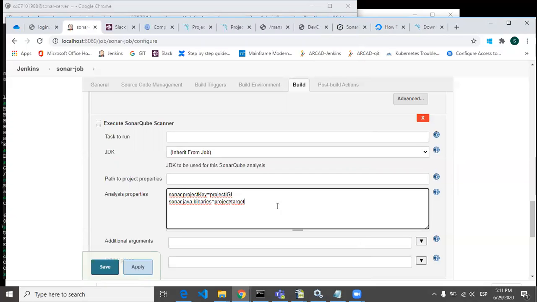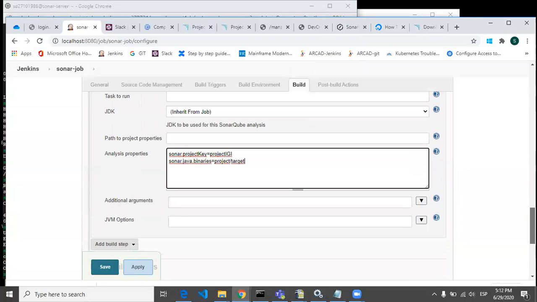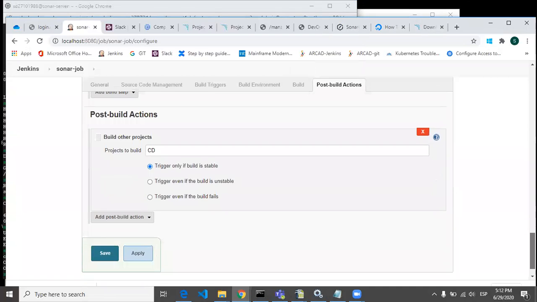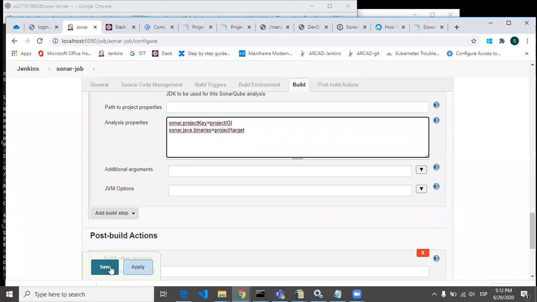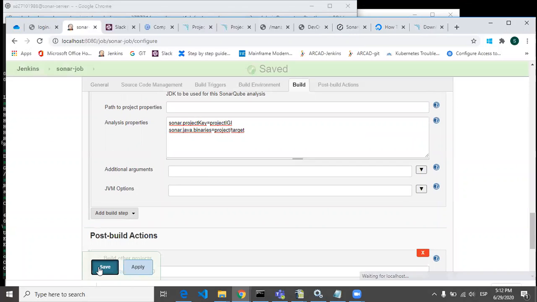Our war file is present in the project/target folder, so that's why we have given the binaries path over there. You don't have to do anything else, just click apply and save.